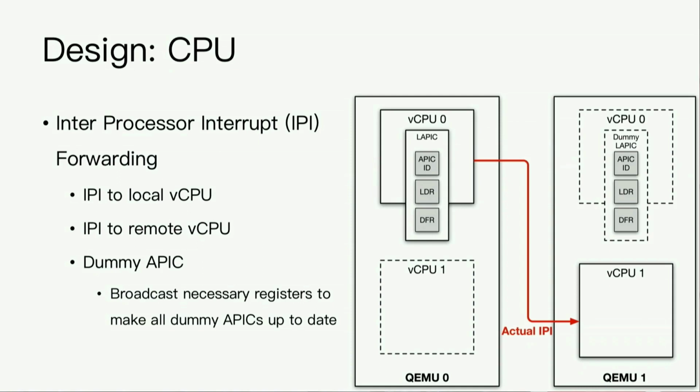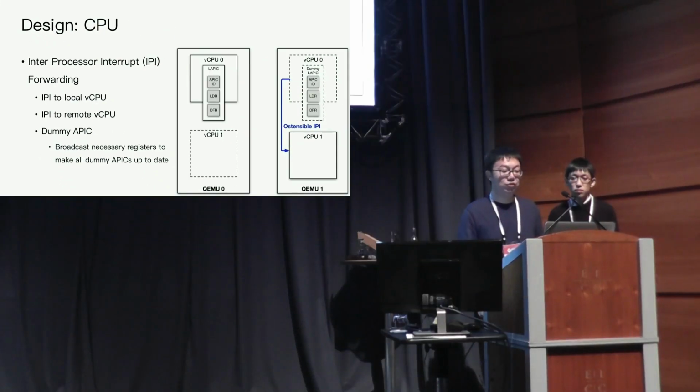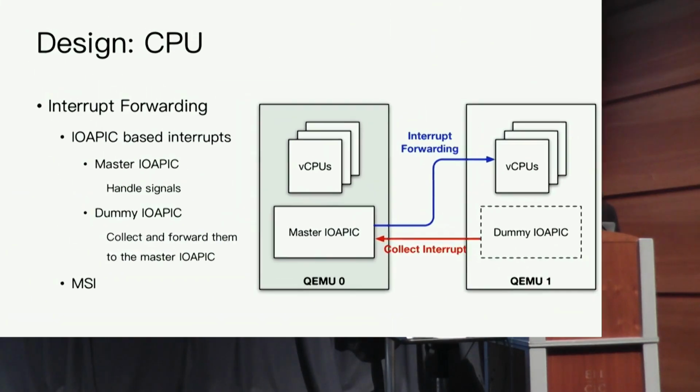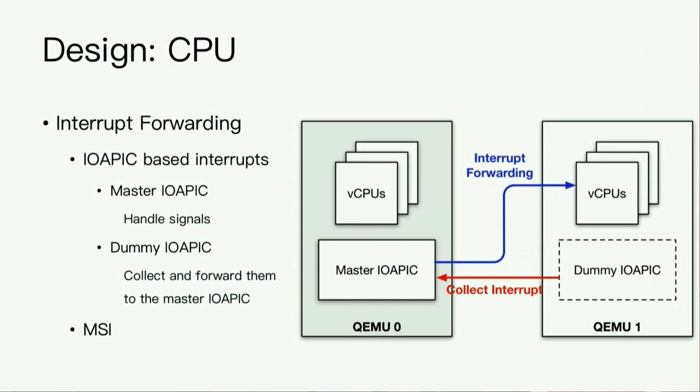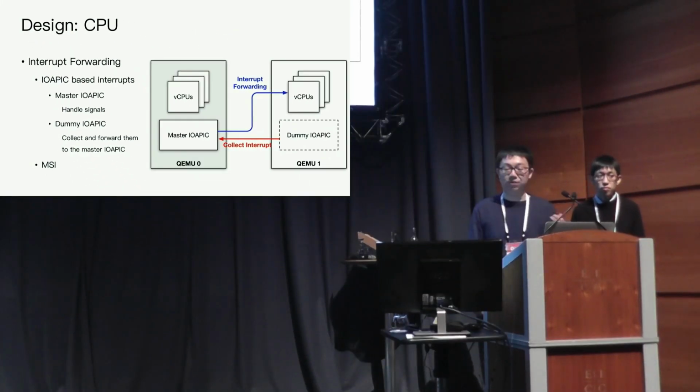Then the remote QEMU could know the target of an IPI and inject it accordingly. In this way, IPI forwarding implements the interrupt injection. In QEMU1's view, it behaves the same as receiving an IPI from a local vCPU. In addition to the IPI forwarding, the interrupts sent from I/O devices to vCPUs also need to be forwarded if